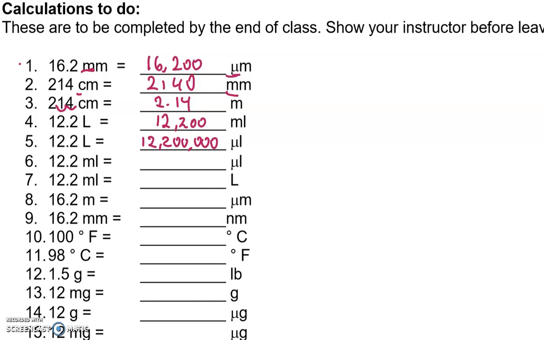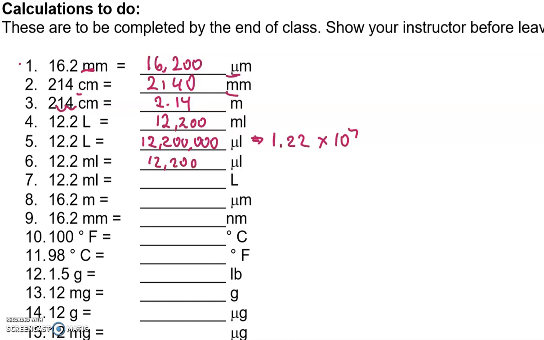In this case, let's make the scientific notation 1.22 times, and now you need to count the zeros. We move the decimal point 1, 2, 3, 4, 5, 6, 7 places, times 10 to the 7 microliters. So you can do that too. If you go from milliliters to microliters, we have 3 decimal places, and we're going to the right, so that will be